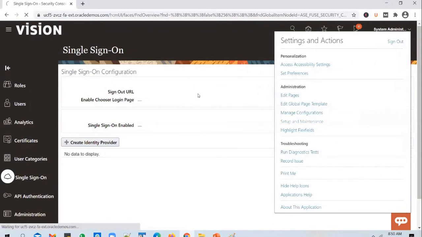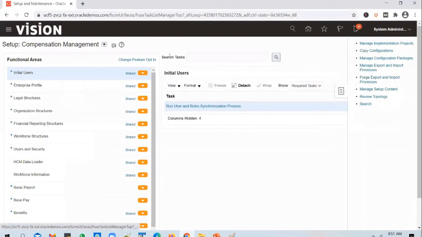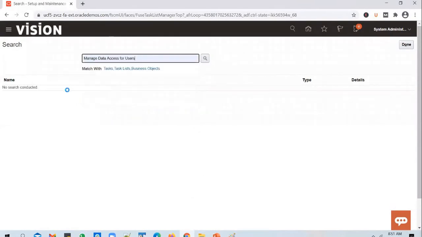Let's go back to setup and maintenance and try to do it from here. Here we go to manage data access, manage data access for users.